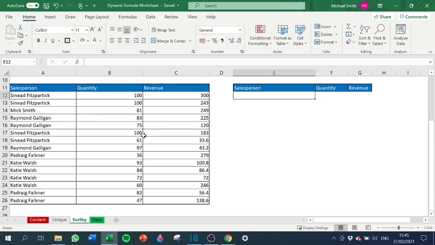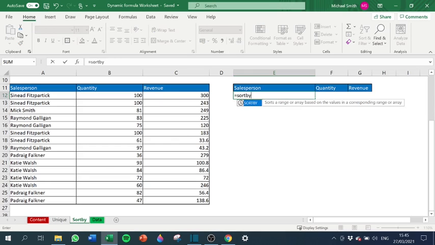I want to return this table, and I want it sorted by the largest amount of revenue first. So I'm going to open up my sort by. The array is all the data here in this table. The by array 1 is, I want it sorted by revenue, so I'm going to select all the data here